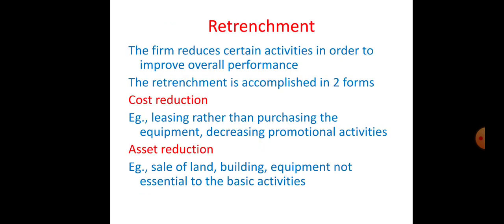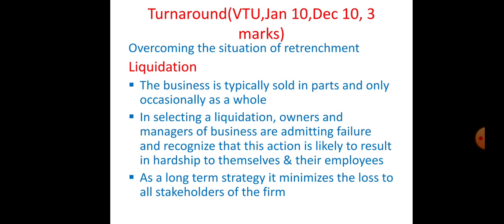And the next important concept is retrenchment. This is where a firm reduces certain activities in order to improve overall performance. Retrenchment is accomplished in 2 forms: one is by reducing the cost or by reducing the assets. And one more important strategy is the turnaround strategy, that is overcoming the situation of retrenchment, through liquidation and